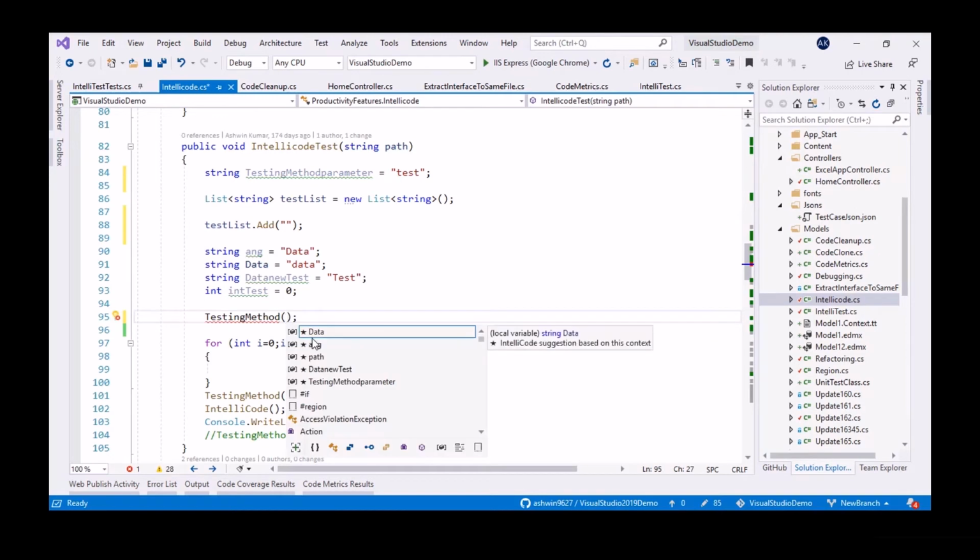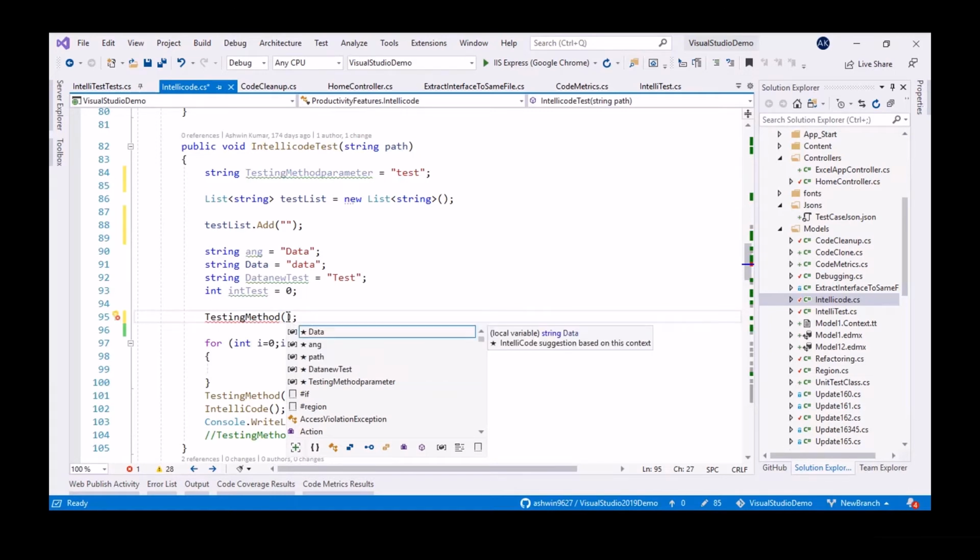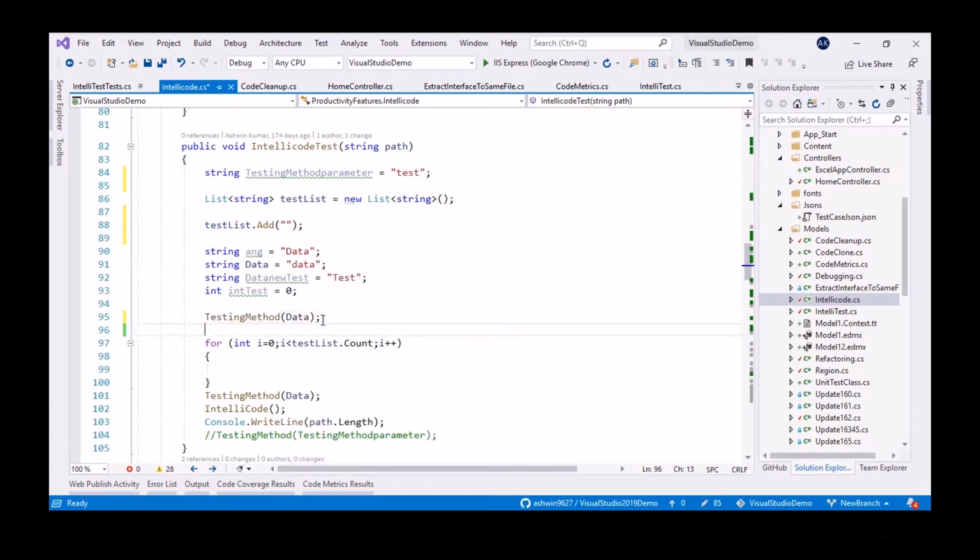As you can see, immediately it is giving the suggestions of the strings here, not the int and all. This method is actually expecting a string parameter. So if I come here and press Control Space and tab, immediately it comes in. It has been giving me suggestions with all the things here. Whatever you created last, it will give here. You can directly give it here.